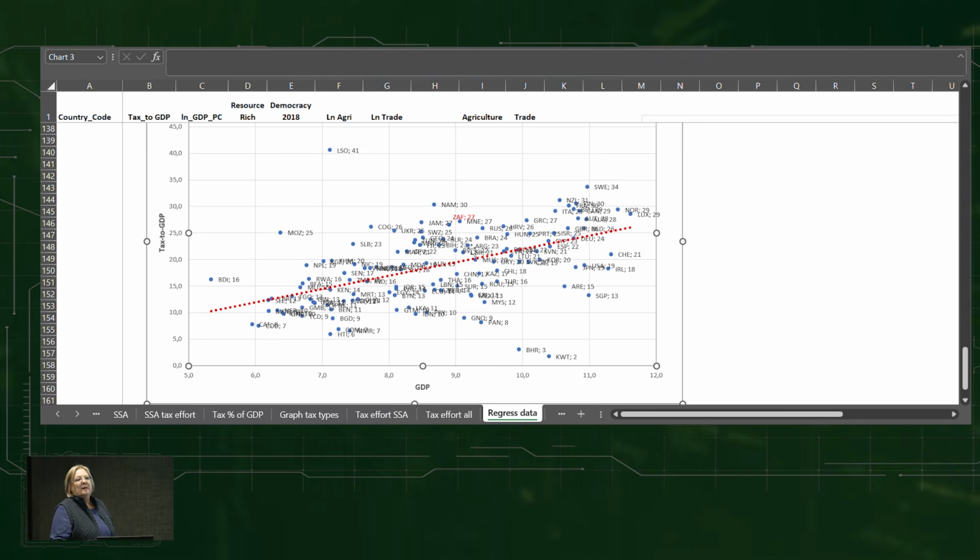I've got lots of taxpayers not filing. I've got lots of taxpayers not paying. I've got high outstanding debt. So you have to bring all that in context to be able to say, well, this is my current tax to GDP ratio. This is where I should be in terms of this red dotted line. And then this is where my capacity is given what my log GDP is. Are there any questions?